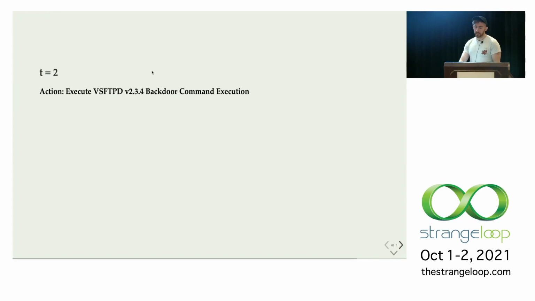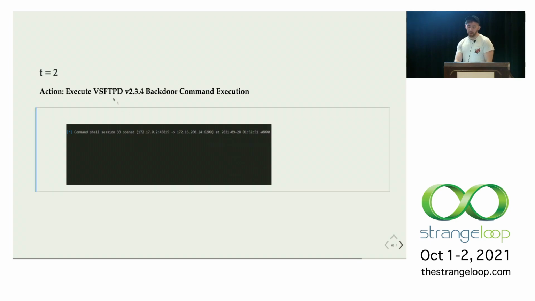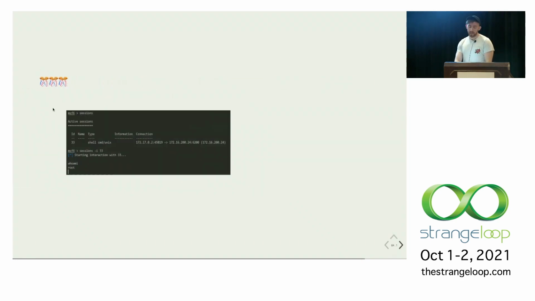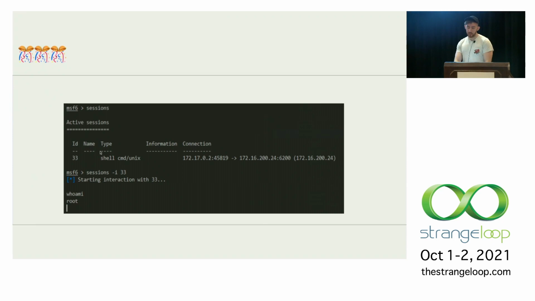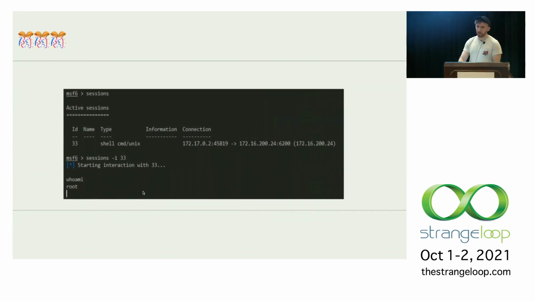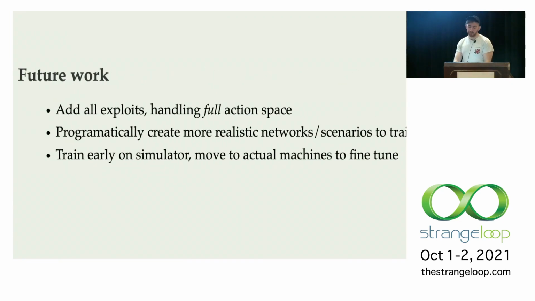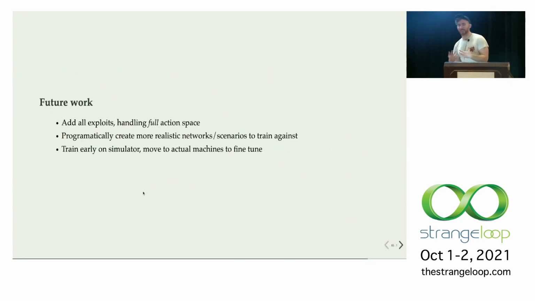And then for time step 2, it will choose to execute this particular FTP vulnerability, and it will be successful. So from Metasploit, you'll just see this command shell pop up. And then when you look at that command shell, you'll connect to it, and you'll be like, who am I? It'll be like root, and you'll be like, sweet, this is great. So it did it in this baby case, right? Metasploitable is a very intentionally vulnerable machine. I did not solve pen testing just because I can automatically teach an agent to do this.